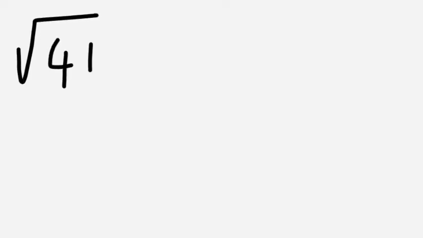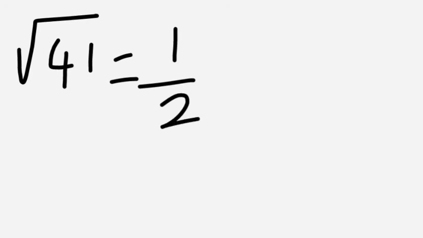We are calculating approximately, but it is very close to the exact value. Let's take another example to get a clear idea about this process. Square root of 41. I apply the same procedure as previously. 41 is closer to 6 square and 7 square. 6 square is 36, 7 square is 49. So let a equal 6.